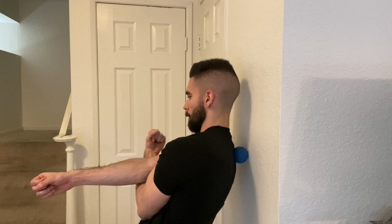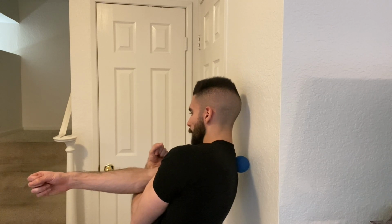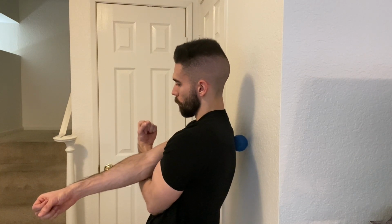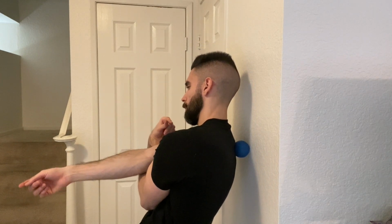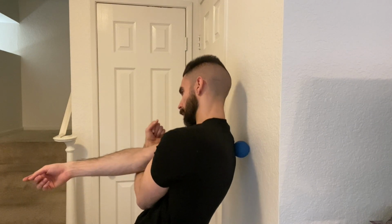So the reason why this is so important is because the shoulder blades have to glide as you do certain movements with your arms, okay? And when you have restrictions back here, the shoulder blades can't glide properly the way they're supposed to glide on your back. So all the weight, instead of using all those muscles in the back area, is gonna go to your rotator cuff, and you're gonna end up with a tear or pulling your rotator cuff, some kind of